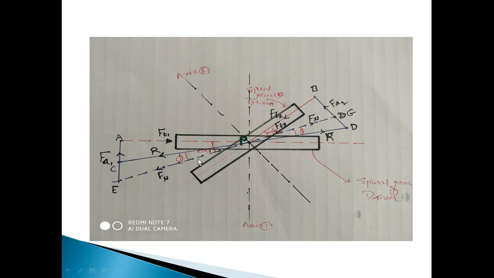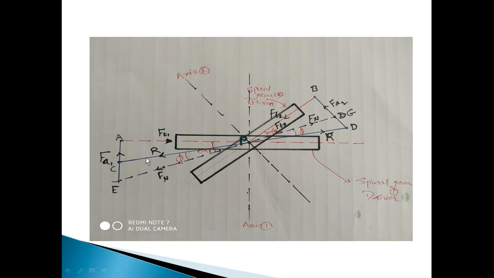This is all in the line of action of the normal force, meaning this is a common normal drawn at the pitch point. This line is nothing but EG, E with respect to gear number 1 and G with respect to gear number 2. This line EG represents the common normal, and if I draw a line to it at the frictional angle, that is nothing but the resultant.